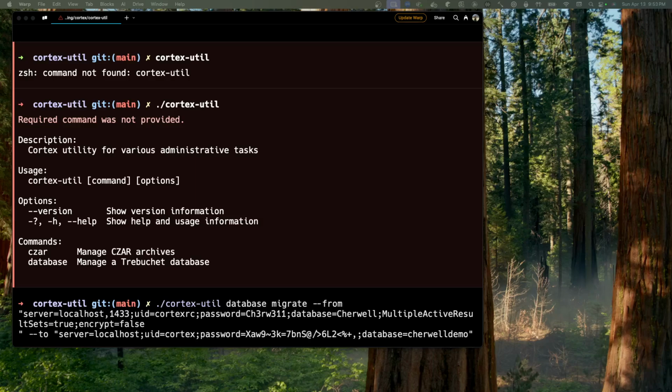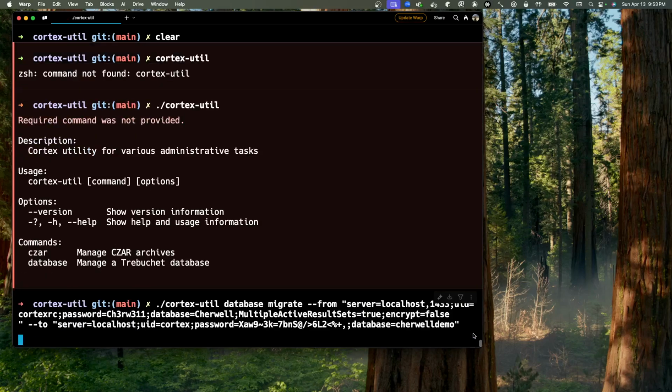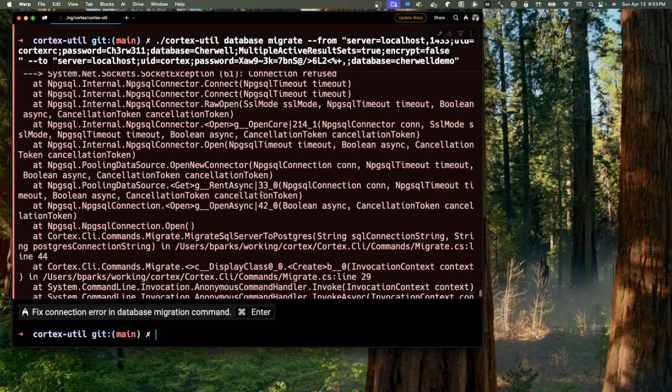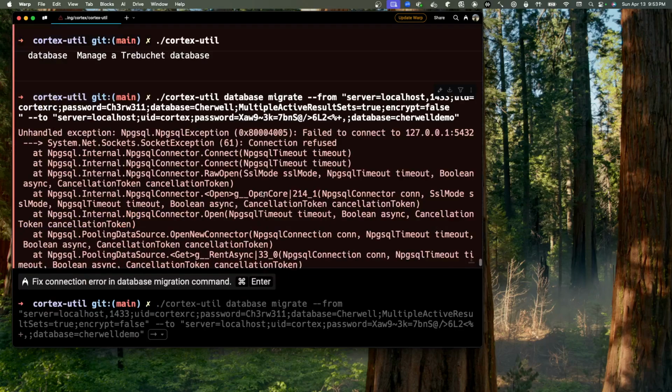And then, of course, you have a to connection string. The to connection string has to be a Postgres connection string. So you can also see server localhost because I'm copying from localhost, sending to localhost, username and password, and then a database. And I'll create it in Cherwell demo. So let's bring my face back. And then I'm going to hit enter. And while it's running, I'll talk about what it does. Well, it actually